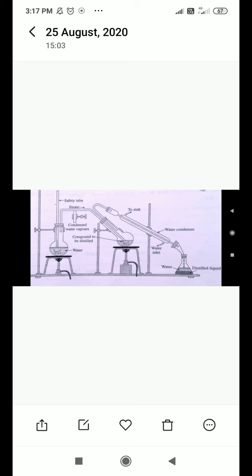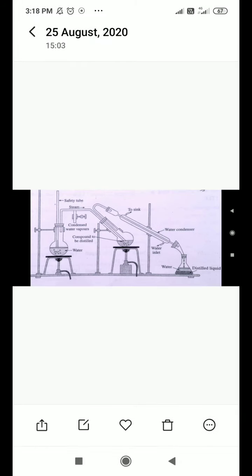In the separating funnel, we place this distilled liquid, because there is a difference in densities of the liquids. Water has density 1, whereas the organic compound has density lesser than water, 0.9, 0.8, whatever. So it remains on the upper side, that is the upper phase. And what is the lower phase? The lower phase is water. So the lower phase we can separate out through the separating funnel. This is the general steam distillation process.